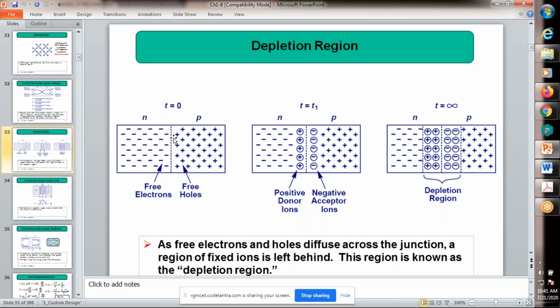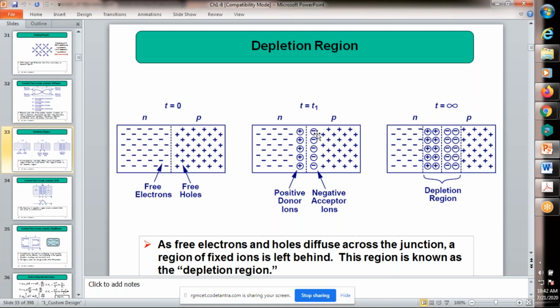There is a place here in the P side, a hole. This electron recombines with the hole. Then this electron jumps to the other side. Now what about the charge here? The electron has jumped, so a positive ion is created. An immobile positive ion is created. Observe here, a plus symbol within a circle. That is a positive ion created.